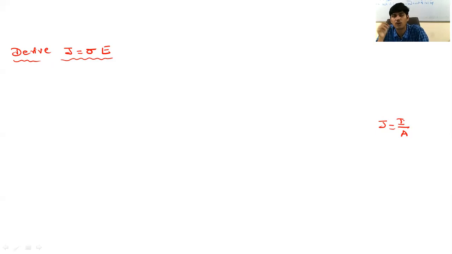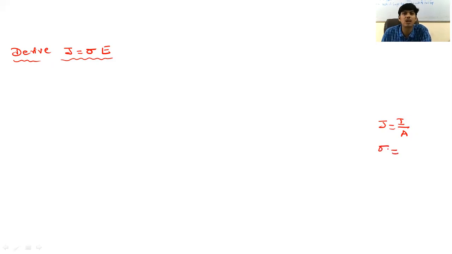After all, you have derived the relationship between current and drift velocity. You will be asked to derive the relationship between current density, conductivity, and electric field. They ask you to derive J is equal to sigma into E. J is called current density. Current density is defined as the amount of current flowing per unit area of conductor normally. You must calculate how much current is flowing perpendicularly through 1 meter square area of the conductor. That gives us current density.